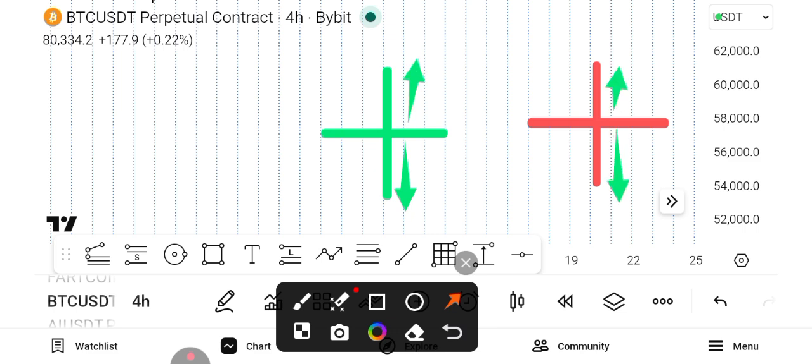Now the distance between the high and the center, and this also, the distance between them